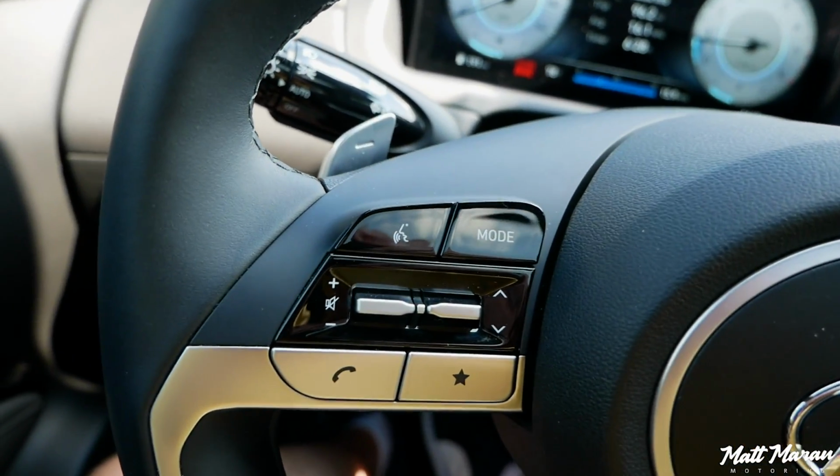That would make way more sense for it to be in the middle or towards the passenger a little bit, since the driver does have the volume on their steering wheel. Yeah, I don't get it. I mean, the buttons are always very responsive. For capacitive touch buttons, they're pretty good capacitive touch buttons, but it still is just more distracting, because every time